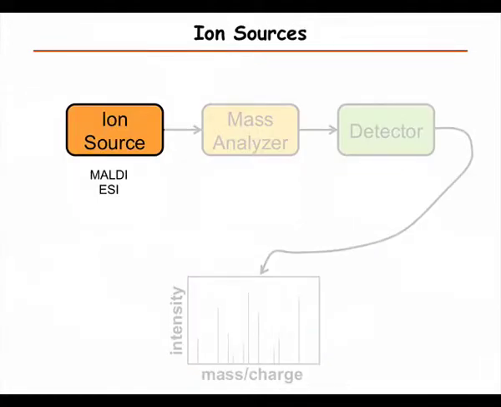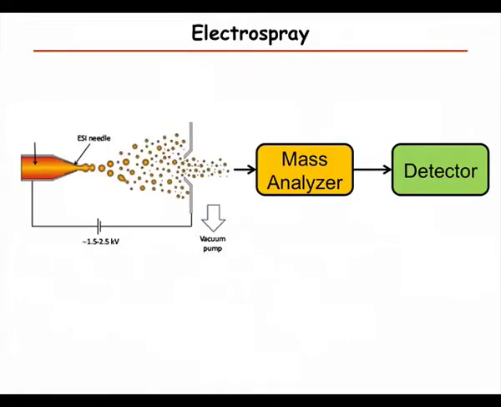So then ion sources. There are mainly two ion sources that people use nowadays. One is called matrix-assisted laser desorption ionization, and the other one is called electrospray ionization. So we'll start looking at electrospray. And here we have the peptides in the liquid phase. So that's why it's so convenient to interface it with liquid chromatography, because after the column we connect the